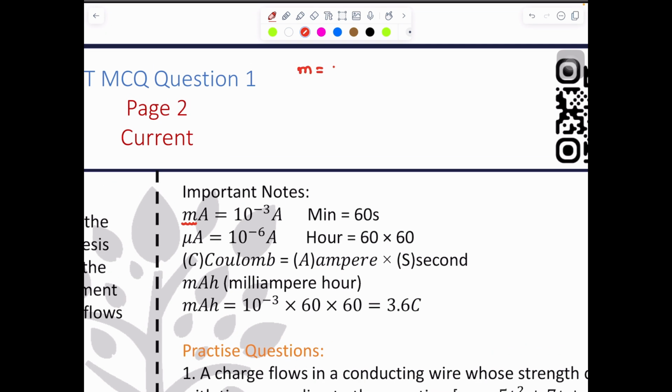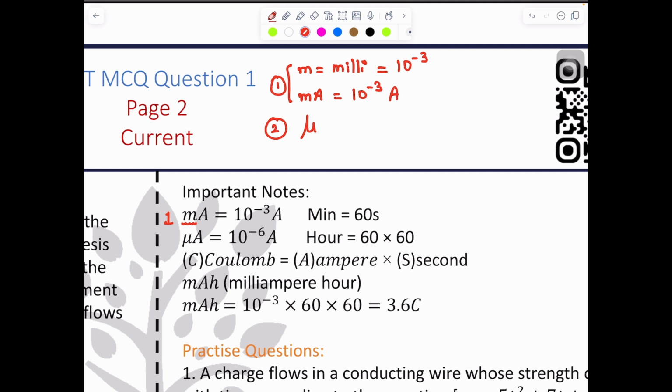Small m means milli. What is the meaning of milli? 10 power negative 3. You need to remember this thing. So that is your first. So if we say milliampere, so can I say 10 power negative 3 ampere? Fine, guys. This is your part 1. Second part,